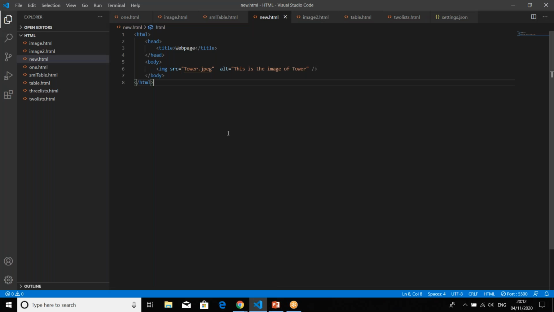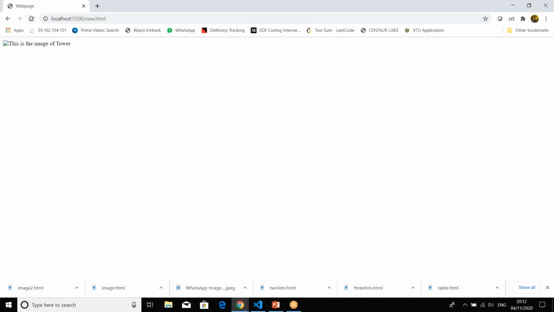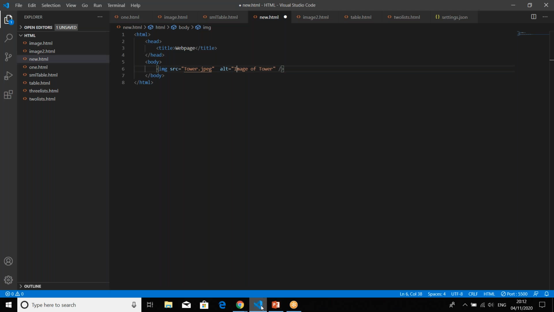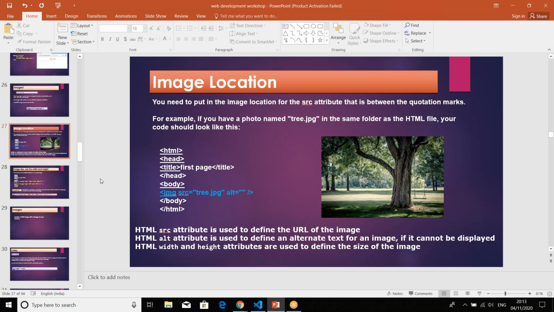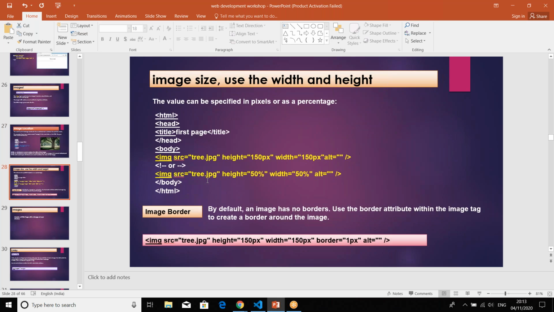So can you people see that? Whatever I write in this alternative will be seen in my website. If I just write image of the tower, then I go to my website and load this again. I didn't save the file. Just a second. Once we save the file, the changes are reflected in the browser. See, the changes are reflected in the browser. So this is how it works. This is all about images. Then next we see that images can have height and width. Images can have borders. This example